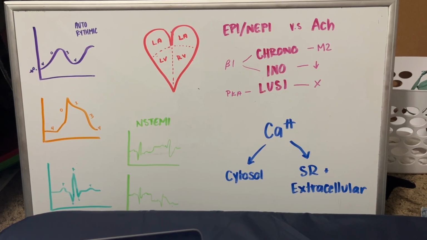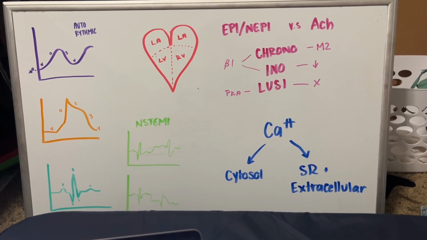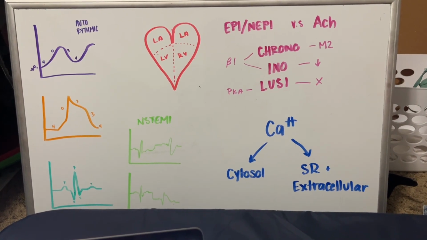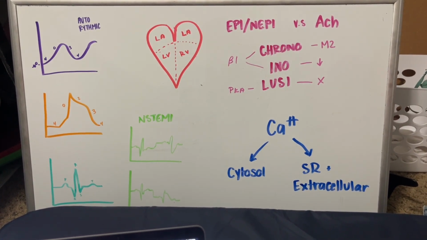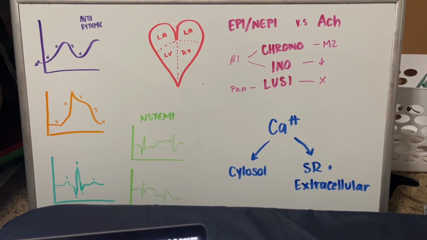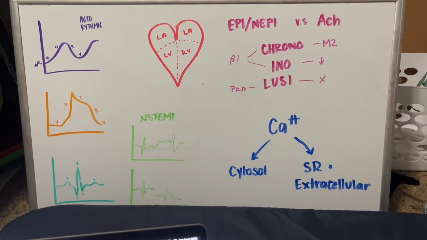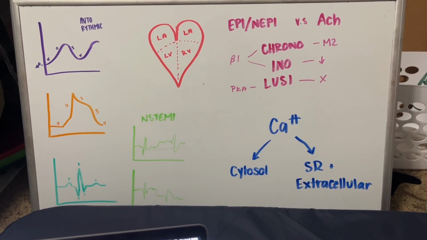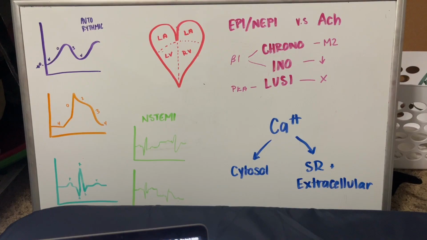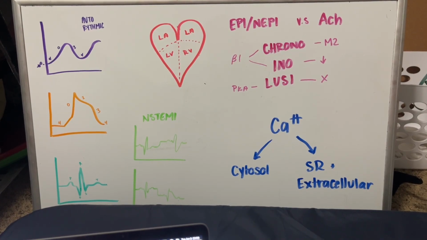When we talk about calcium's return to the SR and the extracellular fluid, this is so that relaxation can occur. Calcium must be removed from the cytosol. A calcium ATPase pump that we know as SERCA in the SR membrane actively pumps calcium back into the SR